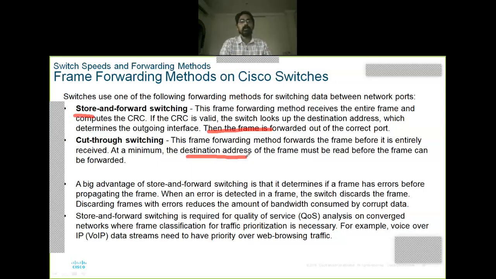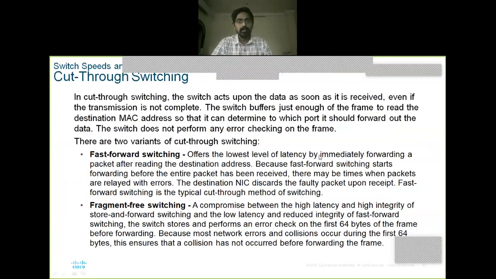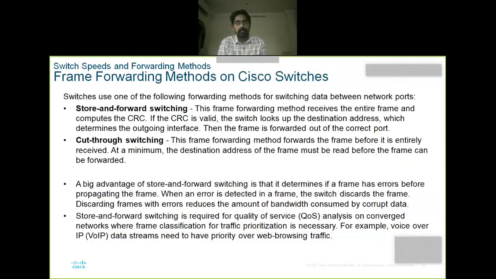So what is the difference between store and forward and cut through switching? Cut through switching is faster because it won't store the data in the switch. But if the destination address is not available, there is no chance for the switch to perform a broadcast message and go into the learning phase. The frame will get lost. There is no reliability. But in store and forward switching, the switch receives the data and stores it first. It has a chance for CRC validation, cyclic redundancy check, so error detection is there. In cut through, there is no error detection.